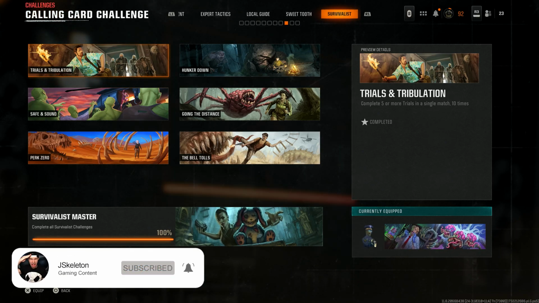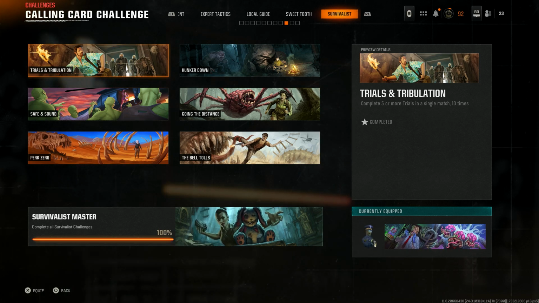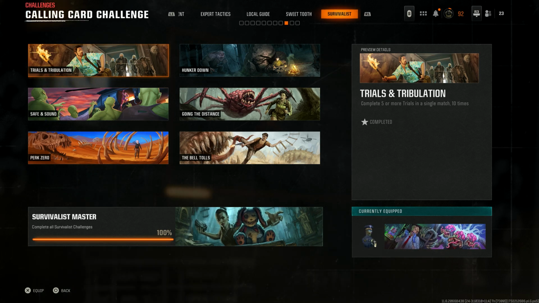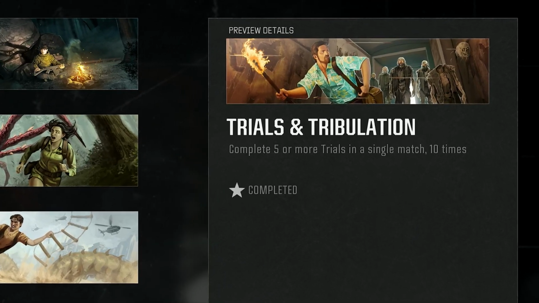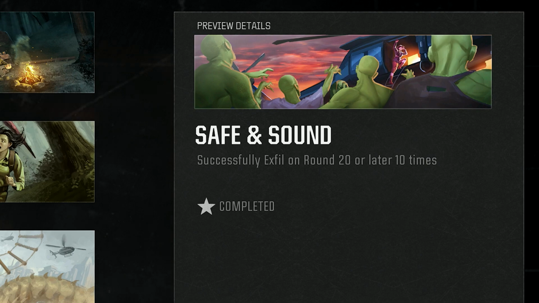This one I'm going to be showing you guys how to get 2 of the 9th Prestige challenges done. Now they're going to sound very self-explanatory, which they are, but I'm going to give you guys some tips and tricks on how to get them done most efficiently, in my opinion, from getting them done myself. And that's going to be Trials and Tribulation, which is to complete 5 or more trials in a single match 10 times. Of course, these are the SAM trials. And then the other one is going to be Safe and Sound, which is to successfully exfil on round 20